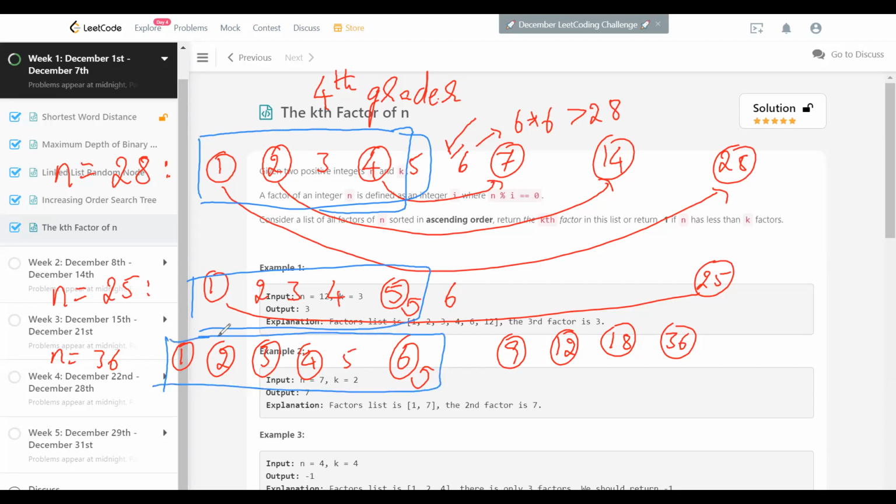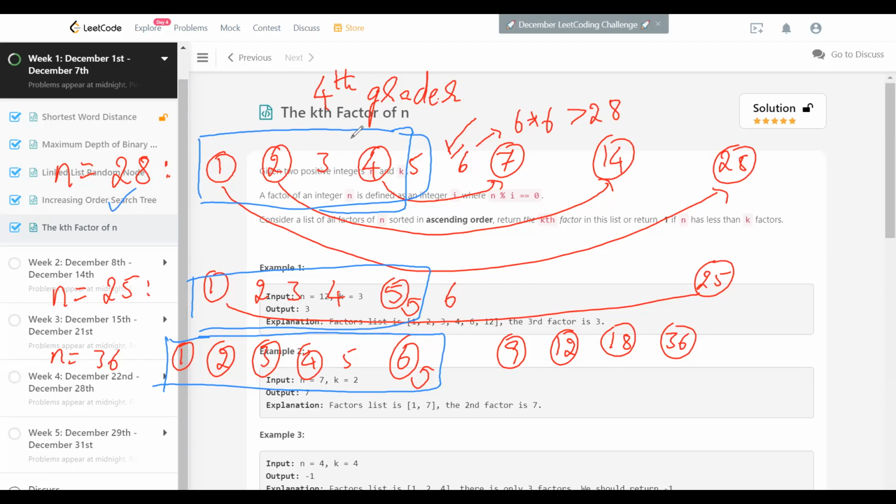We can list out the factors in an array. If k is less than or equal to this number, we can directly return. If it is not, we can always find it. Suppose let's take 28 as the example. After we find the first 3 factors, we stop and see. We realize that the number of factors is actually 6, not just 3.